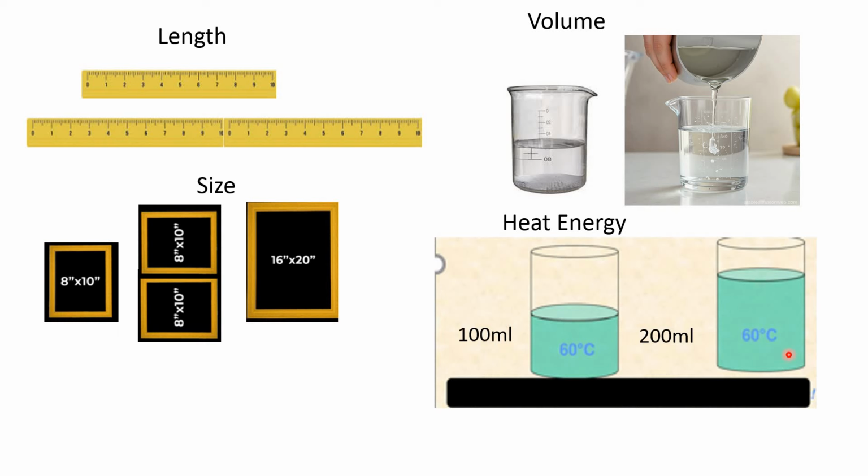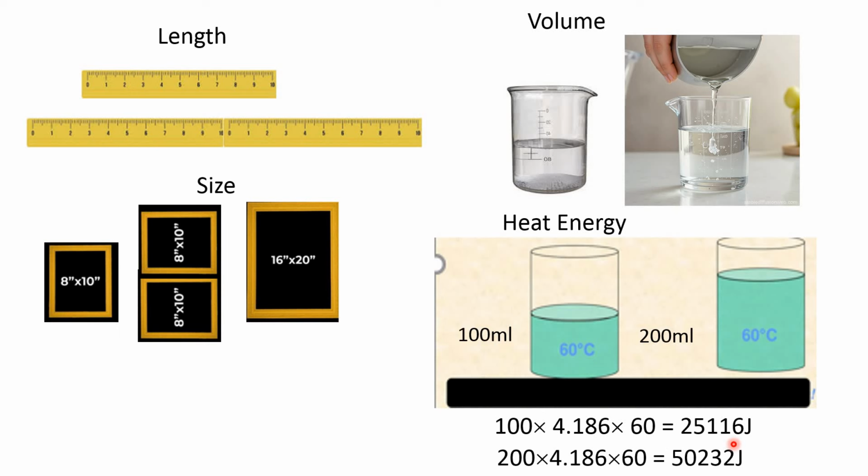Now let's calculate how much heat energy is present in this beaker, and also in this beaker where 200 milliliter liquid is present. Let's calculate. In the first beaker, the amount of heat energy will be 100, the volume, into 4.186 into 60, that means